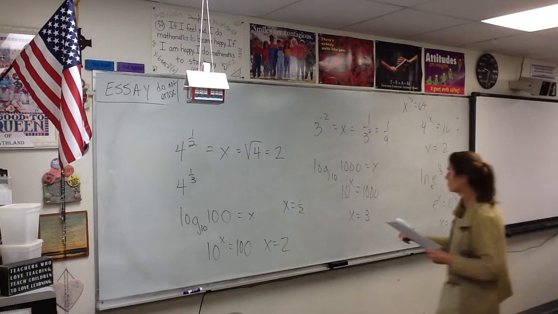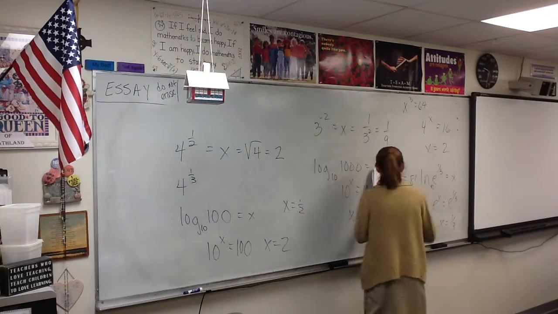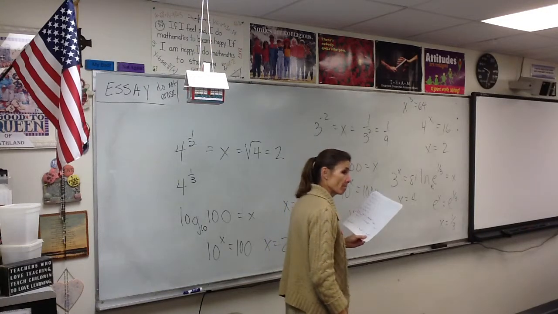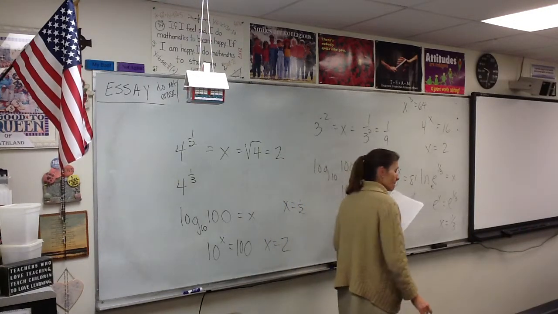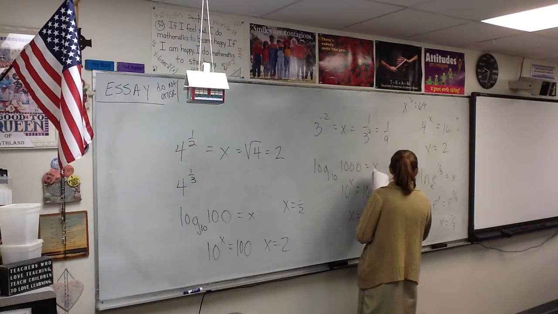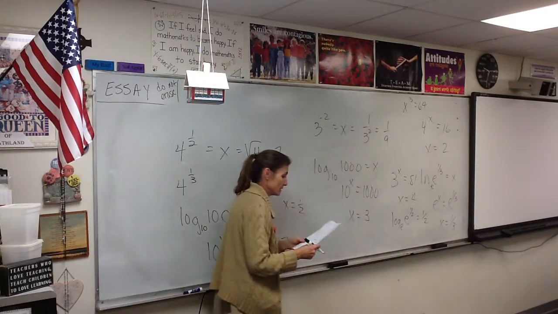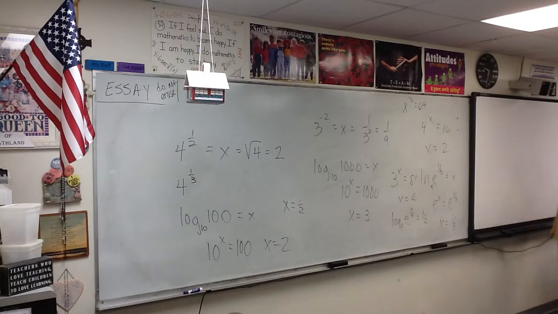3 to the x equals 81, so x equals 4. Perfect. And Madeline, the last one? So it'd be 1/2. What was your thought process? How'd you... log e to the e is a 1/2. Yep, so you knew that had to be 1/2. Perfect. Okay, well, I'm sure there's tons more fun there, but we need to look at a couple of things